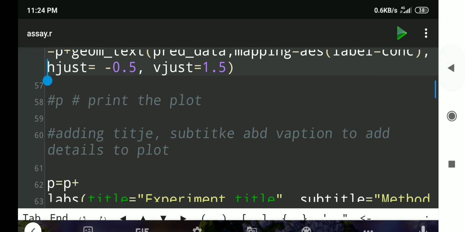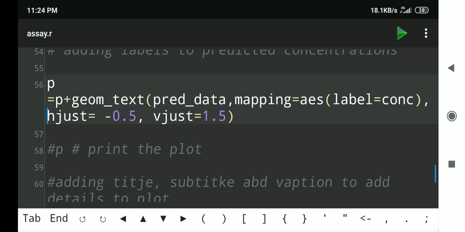We are adding the text values to the plot on which our red points or unknown points are there, and for that we are using label is equal to concentration. Near those points a label will be put. That label will be concentration, and the H adjustment and V adjustment are there to not allow those labels to overlap on the red points. These labels are moved away from the red points by these values.